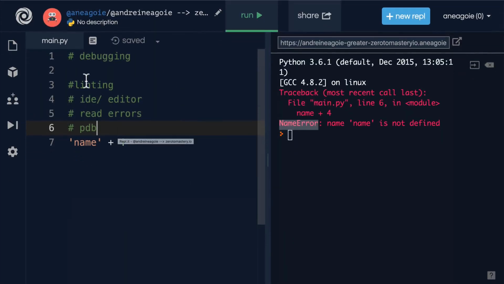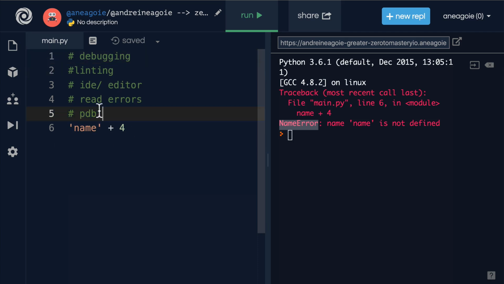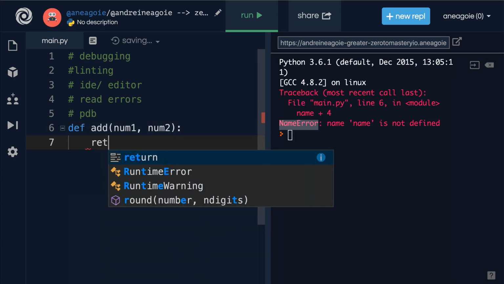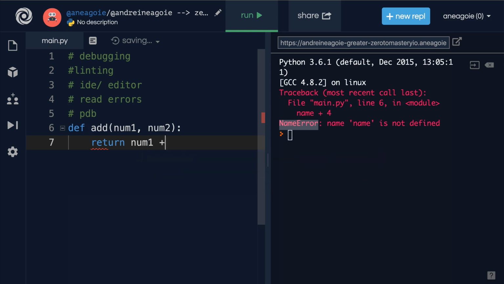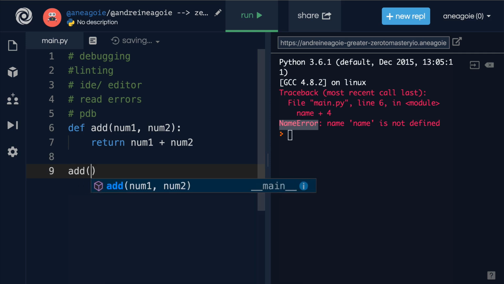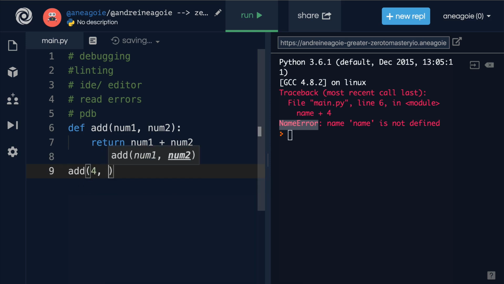You see, PDB is extremely useful because it allows us to interact with the code. So previously, when we had a function, let's say we have function add, and we have num1, num2, and this function simply returns num1 plus num2. Now before, if we wanted to debug this code, and let's say we're adding 4 plus some gibberish, and it's giving us an error,